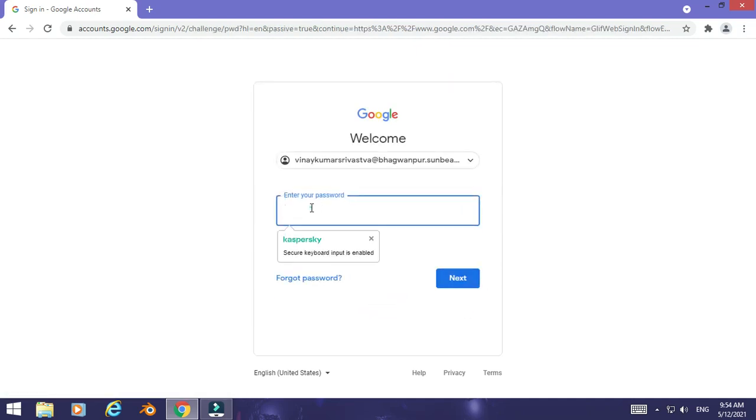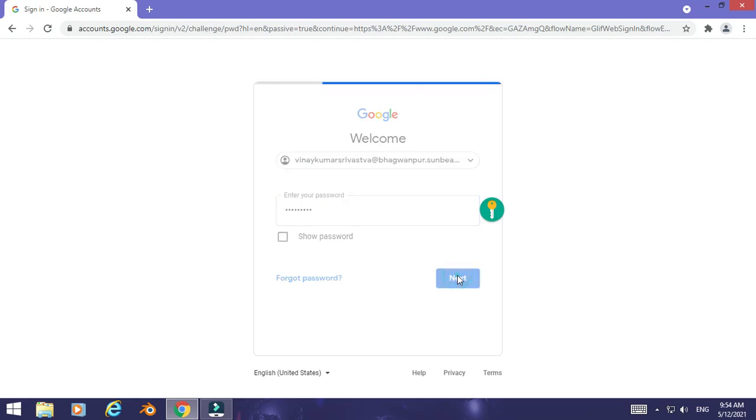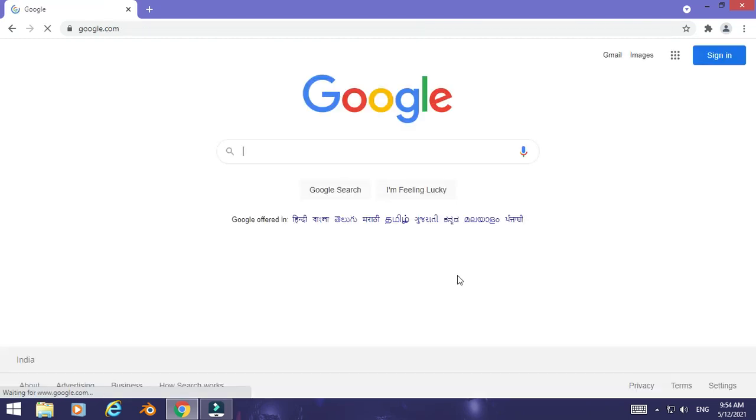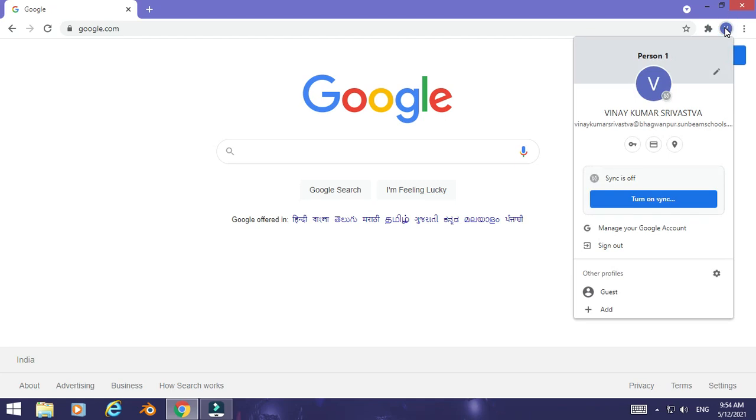It will ask for the password. I am giving the password. Now click on next and then you will be logged into your G Suite ID. You can see here details are coming, which means I have been logged in with G Suite ID.